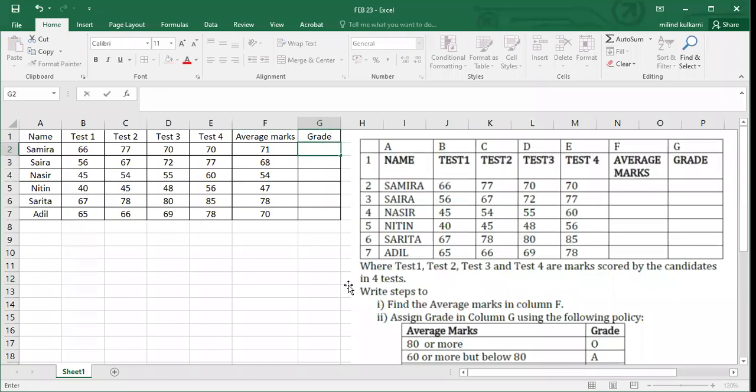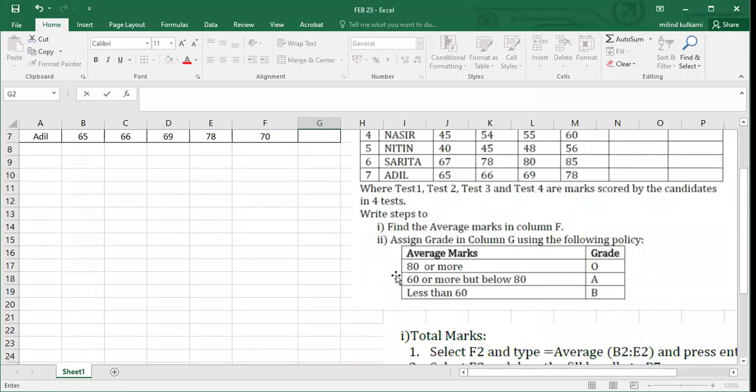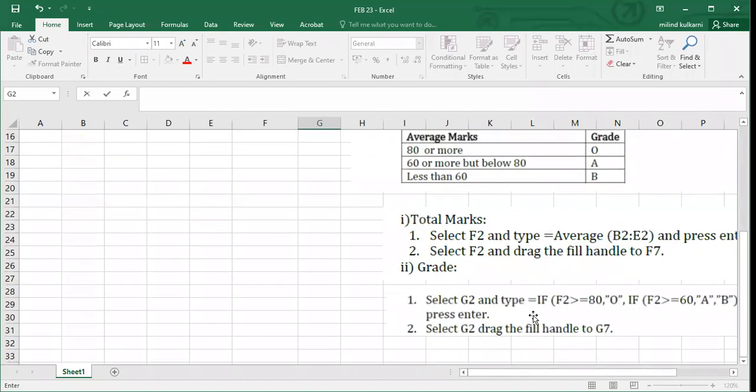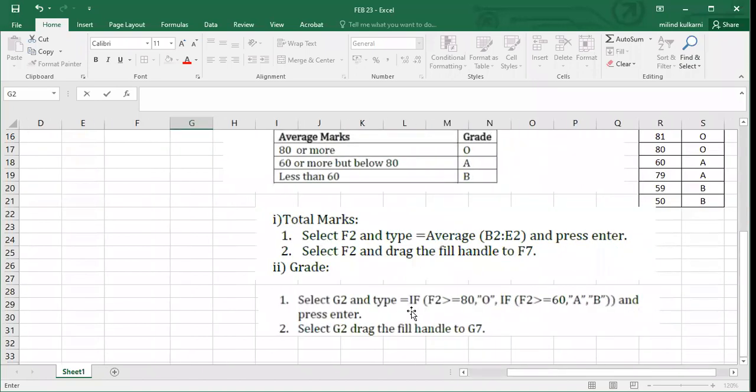Now see, what is the procedure to indicate grade O, A, B based on this condition? Select G2 and type IF, which is your conditional Excel function.